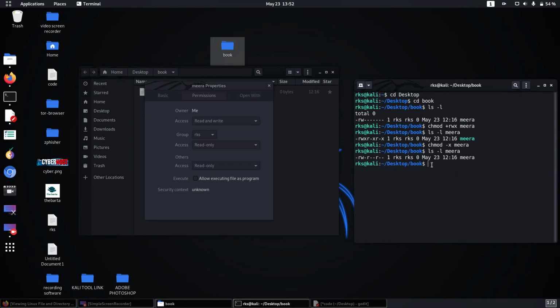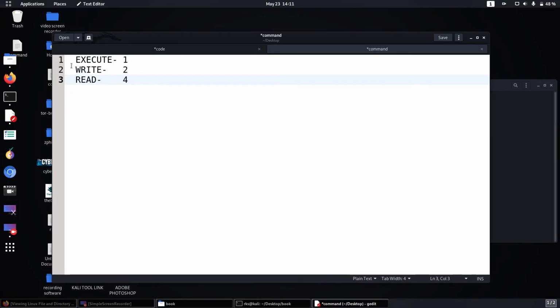In this way you can change the permission of different files. See, here are execute, write and read. Execute value is 1, write value 2, read value 4.